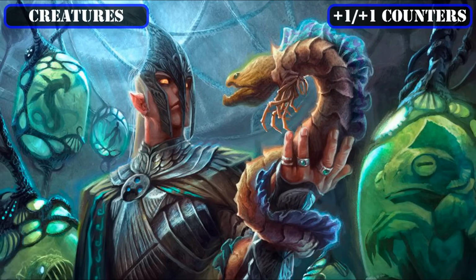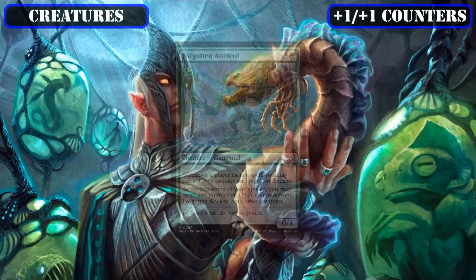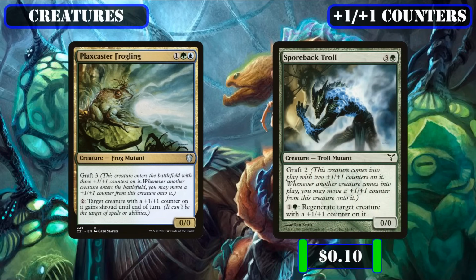Then, as creatures who can give their counters to others, we'll be slotting in Forgotten Ancient, which accumulates counters on itself as players cast spells, and then lets us distribute those counters to our creatures, thereby ensuring we can get the initial counters on our creatures to untap them, or stack counters on our beatsticks to make them even more dangerous, as well as the Graft creatures, Plaxcaster Frogling, and Sporeback Troll,